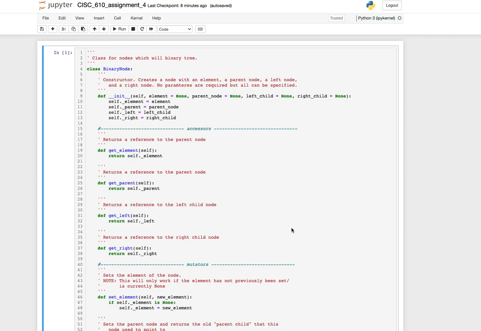This is my submission for our assignment on heaps. In this assignment, we've been provided binary node code. We are asked to create a linked heap, which is a minimum heap, with the interface of insert,